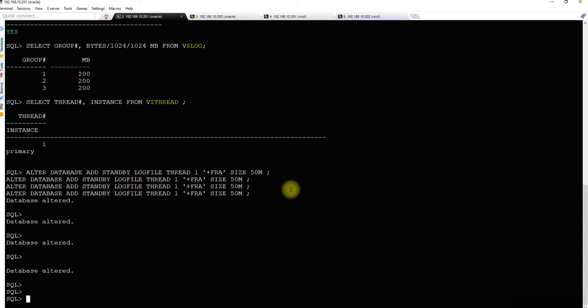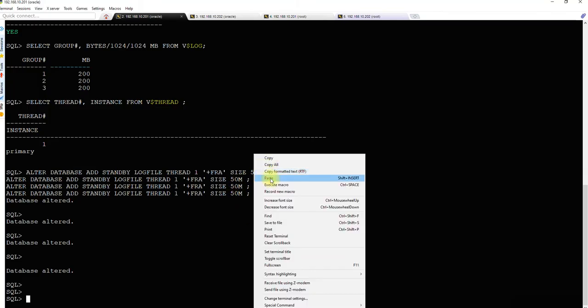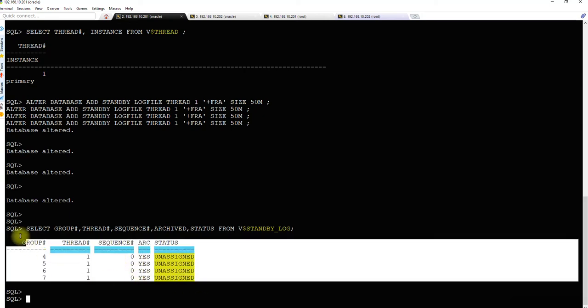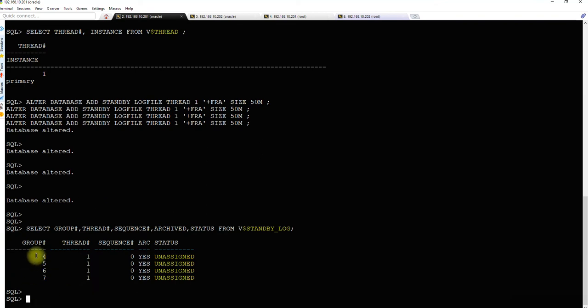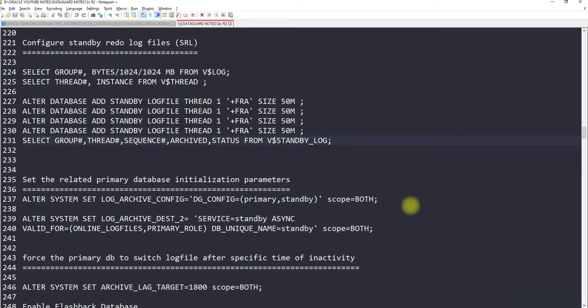So four extra standby redo logs are created. Let's check using this dynamic performance view, v dollar standby underscore log. Okay, it is still unassigned. We are not currently doing anything with that. So these are 1, 2, 3 and then 4, 5, 6, 7. So 7 of them, of which 4 are the standby redo logs.